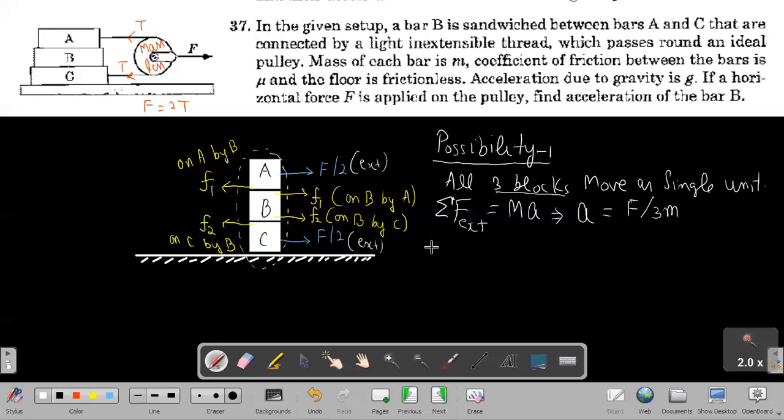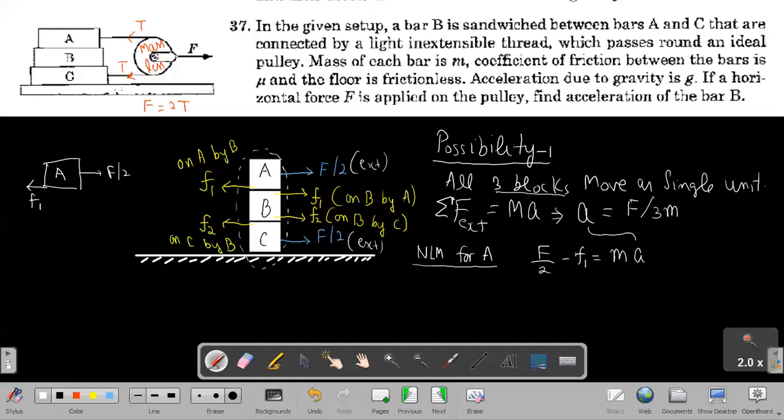We have to find the value of capital F up to which the friction can prevent the slipping motion. And how can we do it? Now, if I use Newton's law for block A separately, considering block A alone, just look at the diagram. This block A is under two forces. One is F by 2 to the right side, and one is the friction force F1 to the left side. So for this block A, I can write the equation as F by 2 minus the friction force F1 equals its mass m into acceleration a.